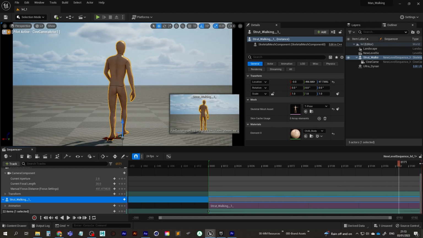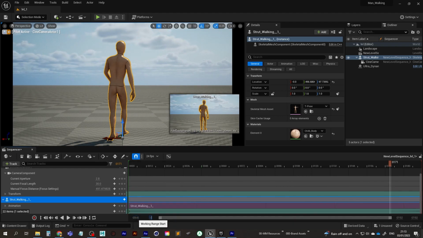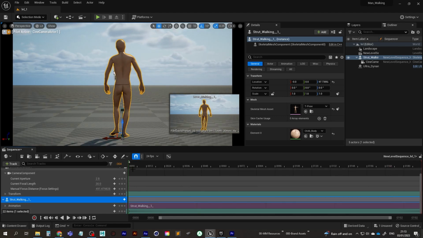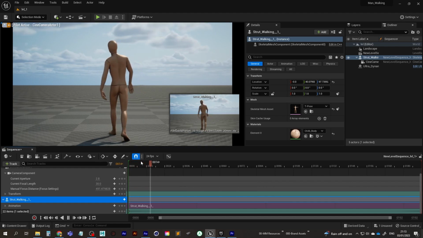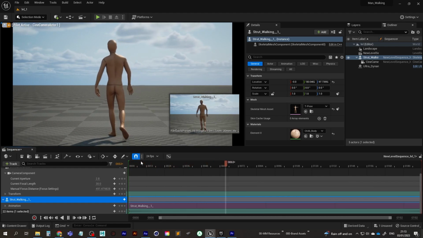I don't think that red line matters actually, to be honest. Again, I'm learning, very early stages of learning Unreal at the moment. So we're going to set the working range start to 0, hit tab and do the same for the working range start here and hit enter. And that's called the view range start time. I don't know what this stuff is called, but I don't want to call it frame range or anything like that because that's Cinema 4D stuff. Okay.